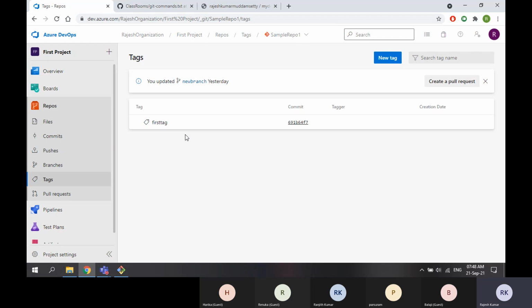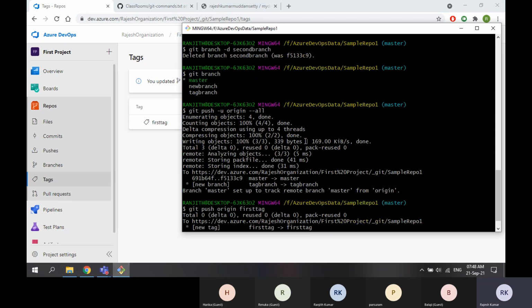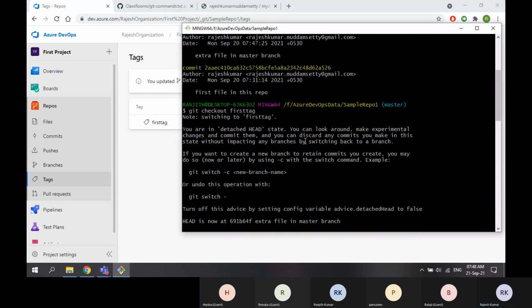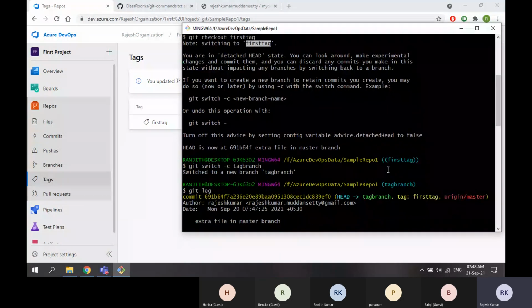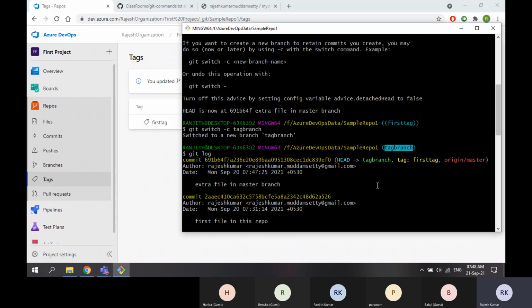Clear on tags, guys? So how you create tags locally and how we push them, and what is the purpose of a tag. When you create a tag, you can create a branch from it. Here, from master, I checked out to the tag, and from the tagged changes, I created a separate branch.